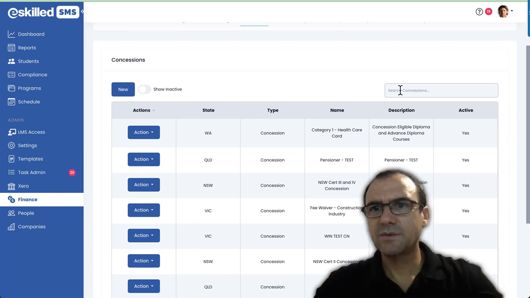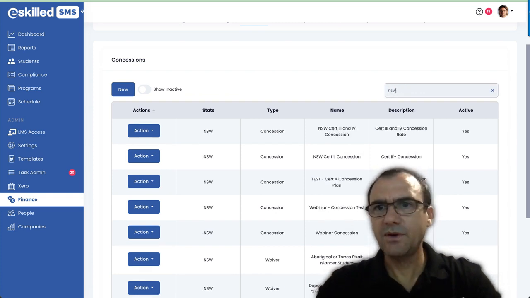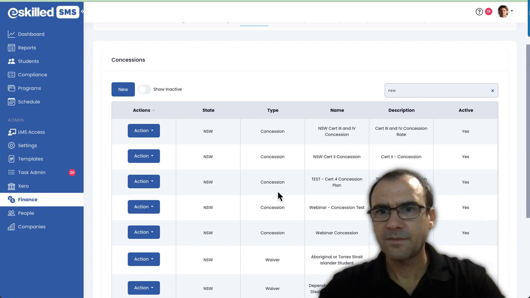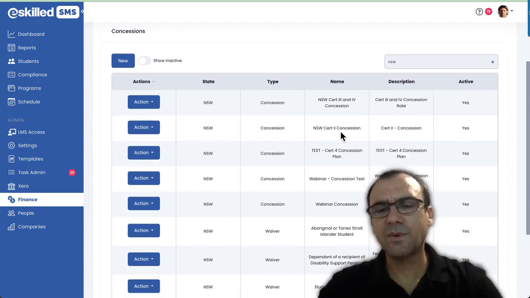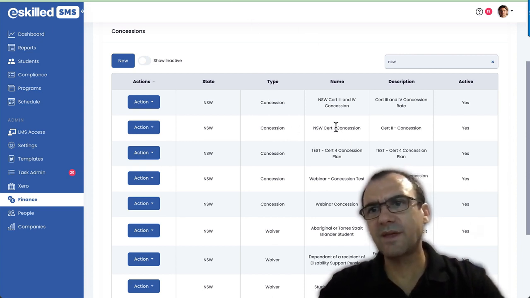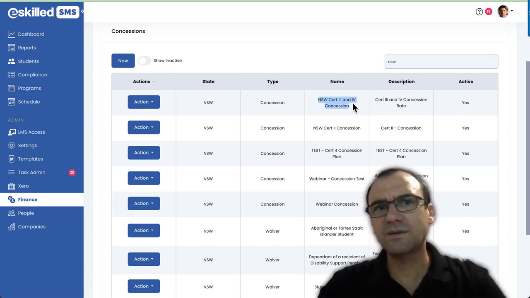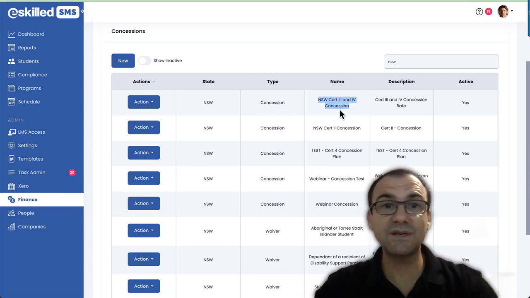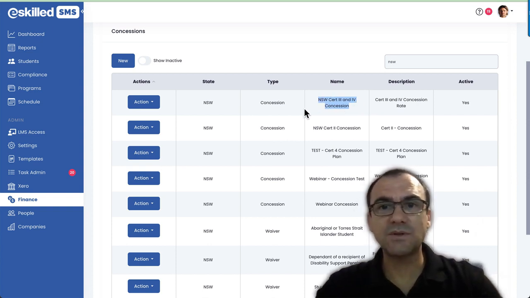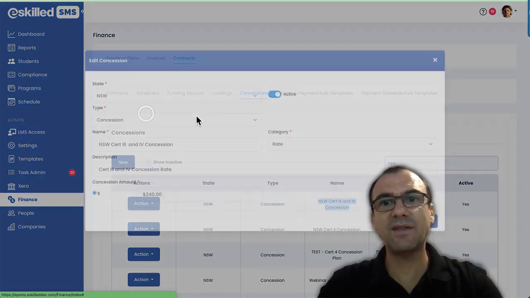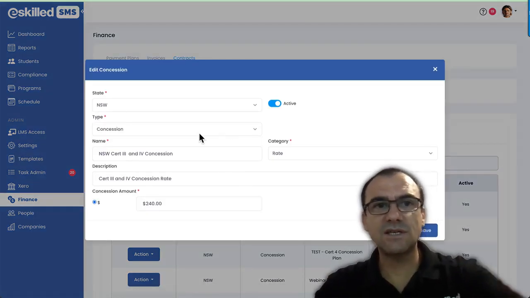So what we're going to do here is filter by NSW. And you'll notice the handy thing about New South Wales is they basically just have concession rates that are set to a contract level. So you can see here we've already got some concessions set up for you in your system, which is really handy. Again, you probably don't have to do much here other than just check that everything looks correct. So I'm going to open up Cert 3 and 4 concession here and edit that,